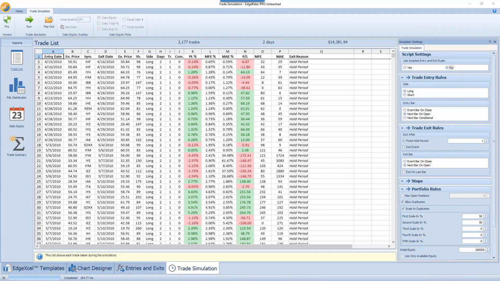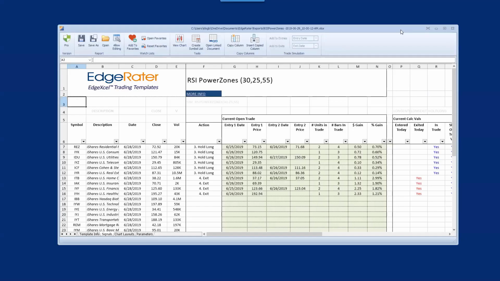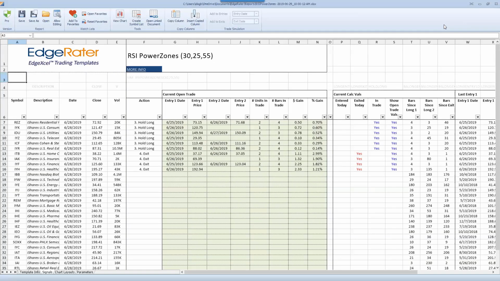But what I would say you would need to do is run the template about 15 minutes before the market closes using your intraday update from Thinkorswim. So there is a hook to Thinkorswim in Edgerater, allowing you to get essentially an end of day bar. If you run it 15 minutes before the market closes, it will give you a bar which is pretty much going to be the close of the market. Now, something could happen in the last 15 minutes to invalidate any signals, but that's kind of rare. So what I would do is do your intraday update 15 minutes before the market closes, run this template, and then